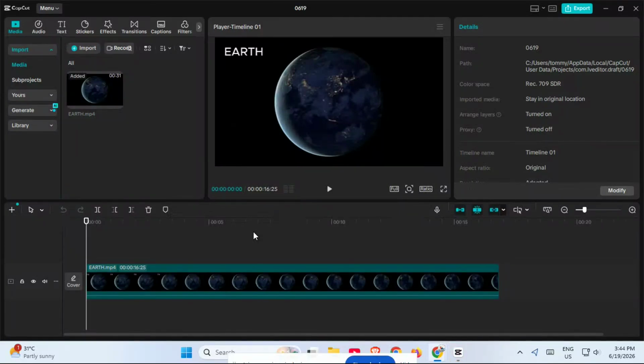If CapCut is throwing error 41155, don't worry. In this video, I'm going to show you 3 simple fixes that can help you get your project exporting again. This error is usually tied to performance issues, cache problems, or a specific clip in your timeline causing the export to fail. The good news is, you can often fix it in just a few minutes without reinstalling the app